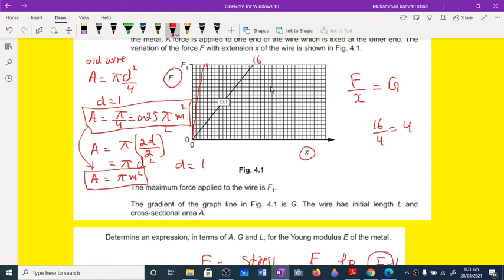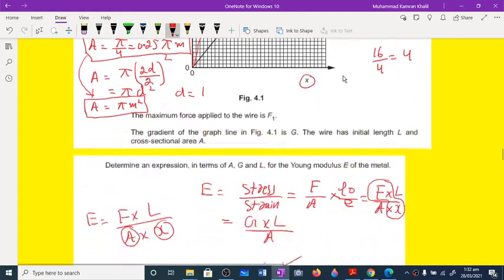So draw a straight line starting from the origin. Okay, make it a straight line on your graph paper. When you draw that on your past paper in hard form, draw a straight line. This line will start from the origin and the extension will be 4 boxes.